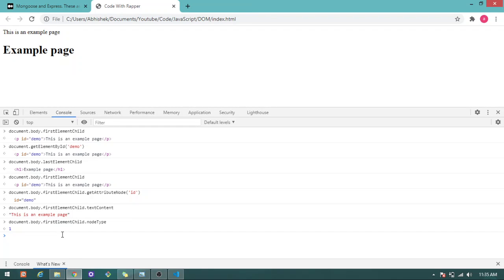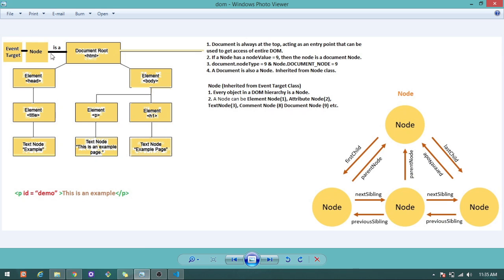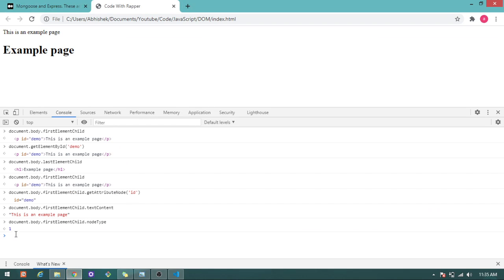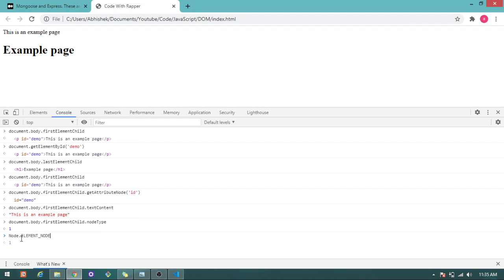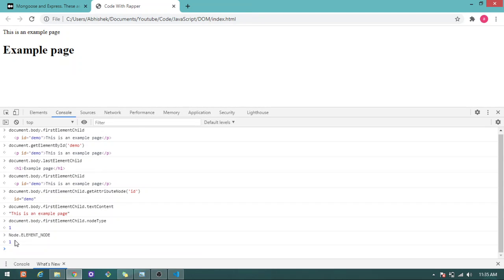You can also directly access this Node class, and you can see it has the property Node.ELEMENT_NODE. It has the same value, 1. Element node, what is the value? 1.